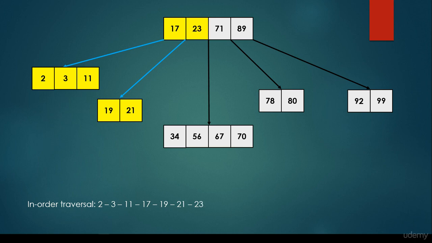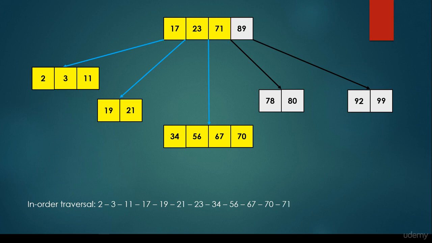23 is going to be the next item in the in-order traversal, and we have to visit its right branch, which is another node with other keys. 34 doesn't have any children, so we visit it. Then we keep visiting its neighbors, 56, then the 67, then the 70. We come to the conclusion that that's all about this node, so we backtrack to the 71, we visit it,